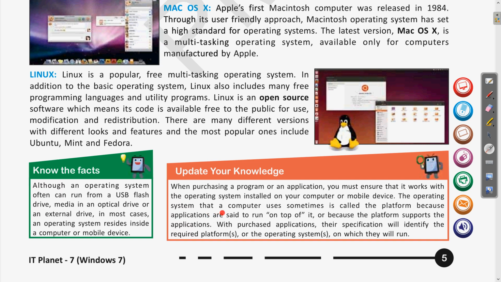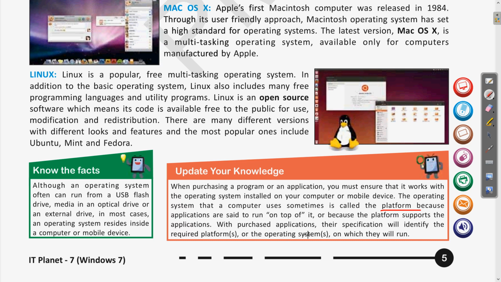The operating system that a computer uses is sometimes called the platform because applications are set to run on top of it. So these operating systems are also known as the platform. Why are they called a platform? Because they provide the interface on which you can install other application software. Clear?